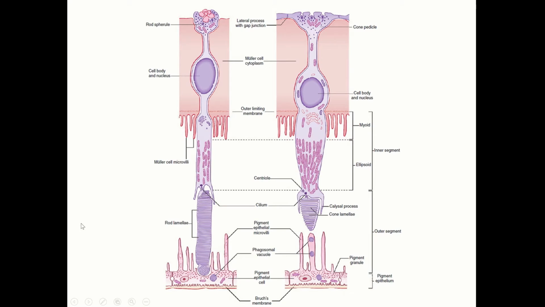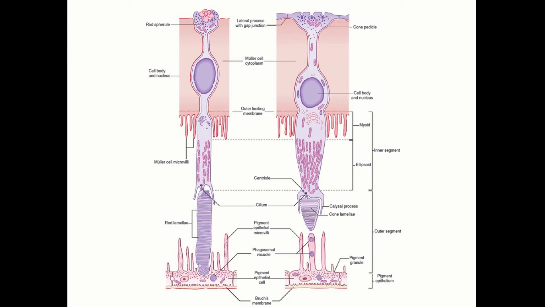Now, if you look at the two most important receptors in the retina, which are the rods and cones, you see that on the outer side, you have got the retinal pigment epithelium, the first layer of the retina, and that has got microvilli, and that's an interdigitation zone between the pigment epithelium and the outer segment of the photoreceptors. So the photoreceptors have rod lamellae or cone lamellae, and these are actually in the process of exchanging material with the